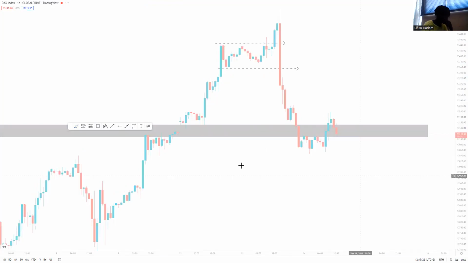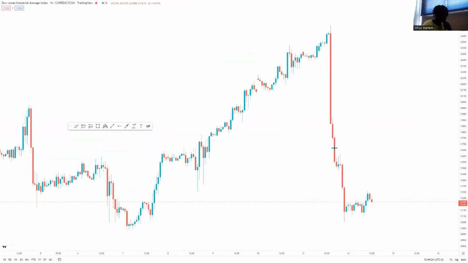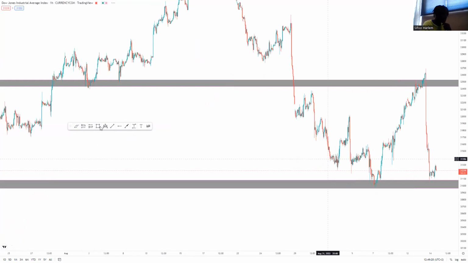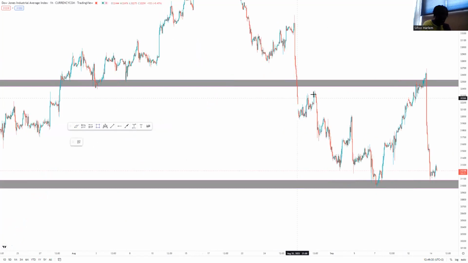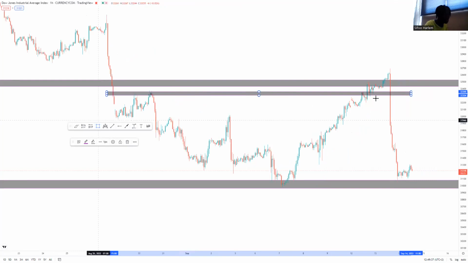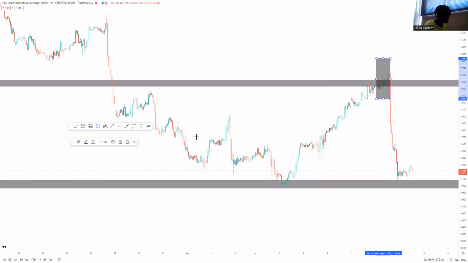Looking at US 30, that was also what we were expecting. But now what I was waiting for is for price to react on the zone before me. I was waiting for CPI to reverse from that zone, but now price chose to move further to the upside,